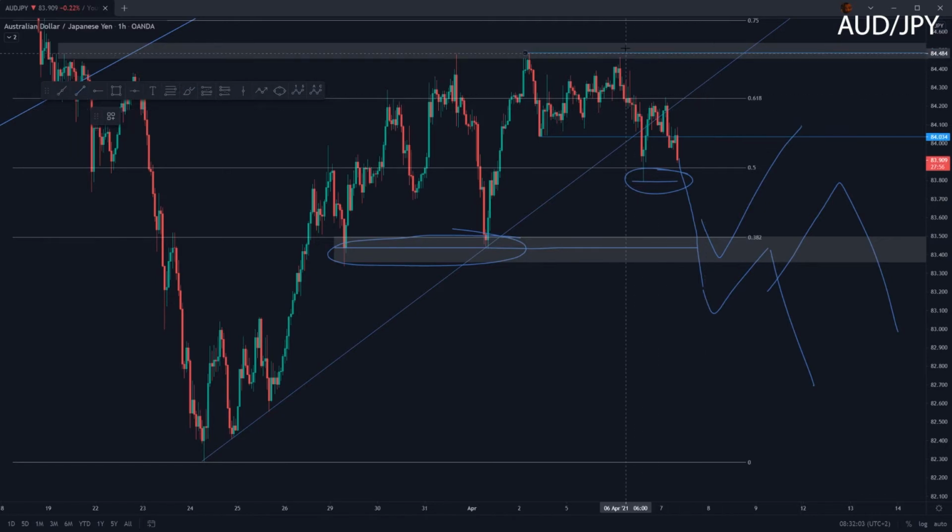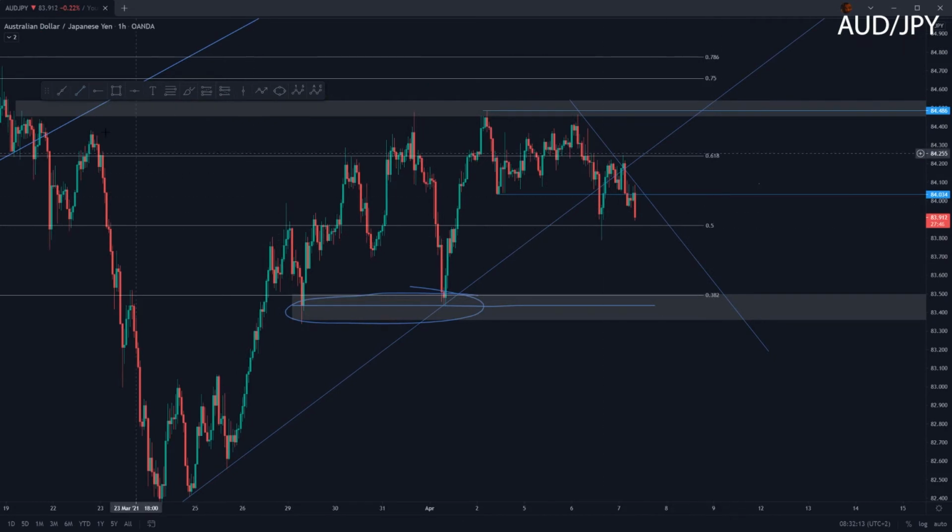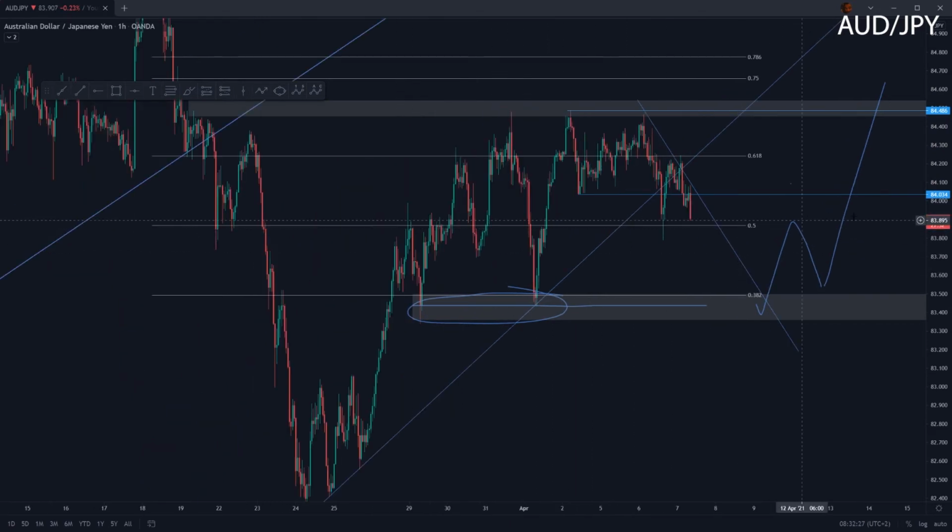I would also, by the way, draw on this structure line, and let me draw that in for you guys, so that if you want to take longs, you're going to have to wait for a trendline break, a retest of structure, and a retest of the trendline, and then see further upside. So that's the only way in which you could potentially look for longs, however, not the safest idea.